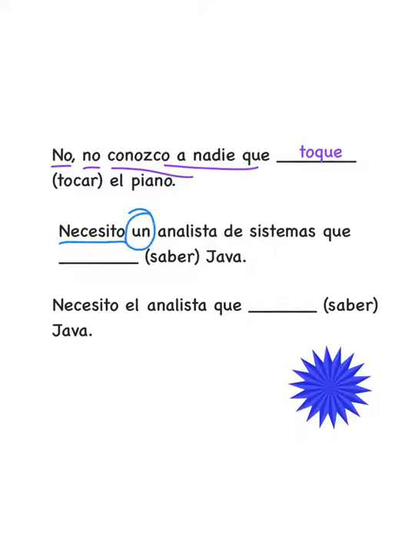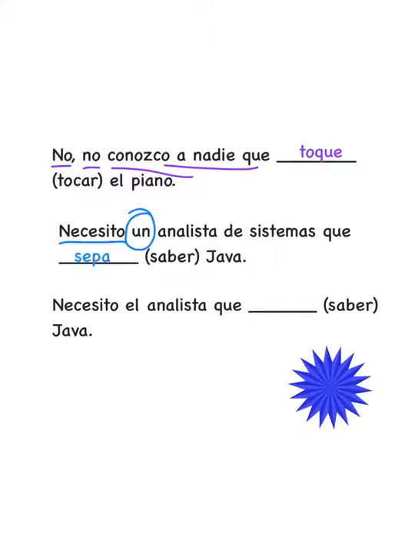The article is an indefinite article. So yes, I need an analyst, a systems analyst, but I don't know him. I'm looking for him, and there's not a specific one that I'm referring to. Therefore, I'm going to use, yes, the subjunctive. Necesito un analista de sistemas que